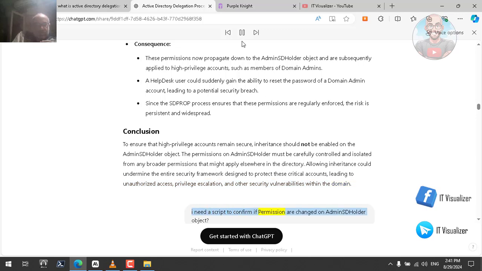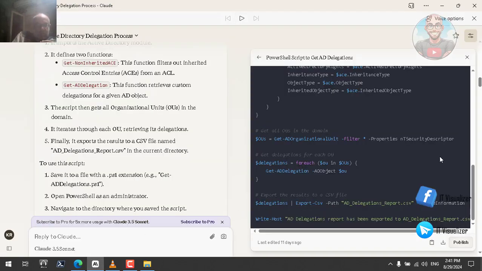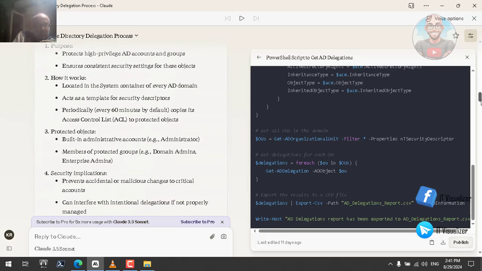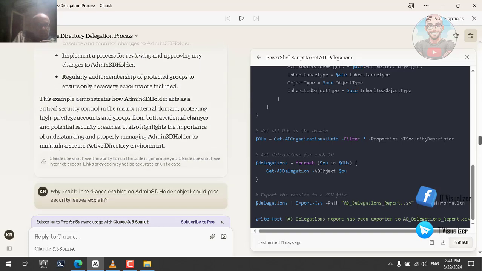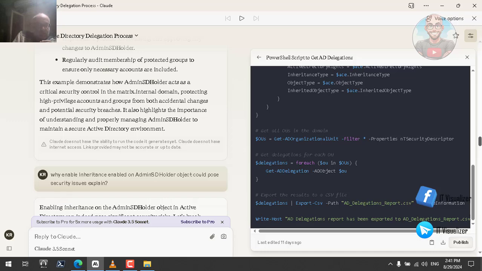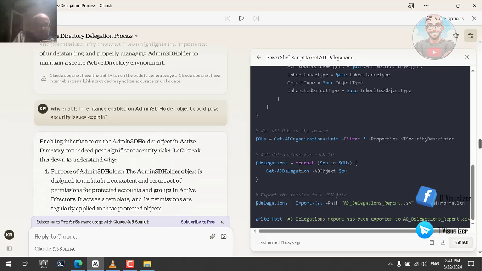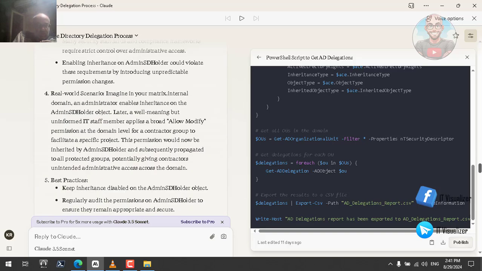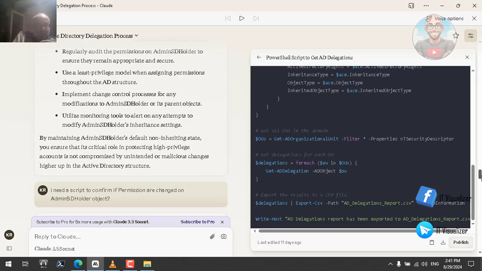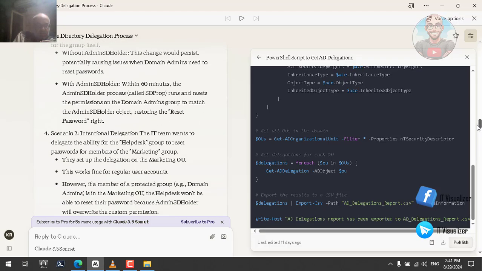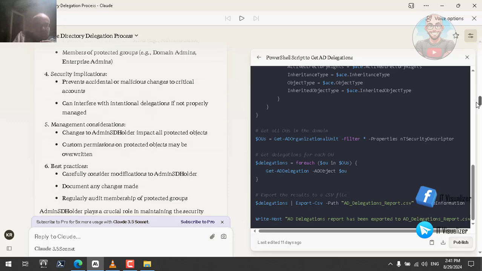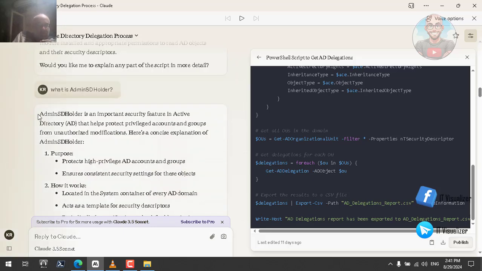I need a script to confirm if permissions are... So this is the answer of ChatGPT for this one. If we go to Claude, the last one, and see its answer: we ask it what is an admin SD holder, ask it to provide a real-world example, and ask it why, if we enable the inheritance on the admin SD holder folder, this will do something. Let's do that. If we go there and ask Claude what is an admin SD holder,